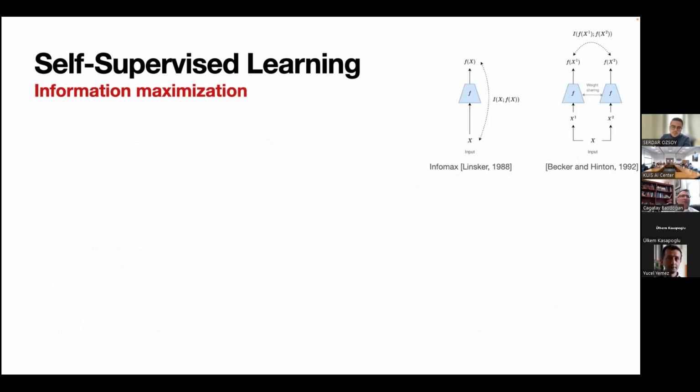And in the information maximization perspective, there are also two main ideas. The first one is InfoMax, which is the preservation of maximum information between input and output representation. Another direction, proposed by Becker and Hinton, maximizes information between outputs of different parts of the same input. Our method mostly shows similarities to the second one.